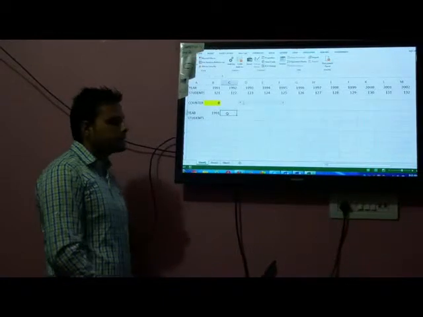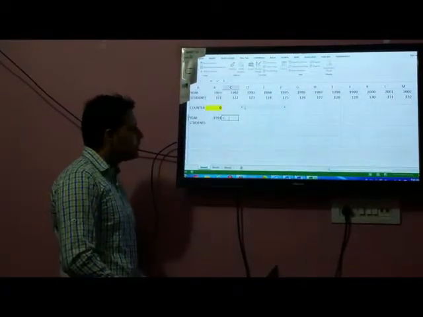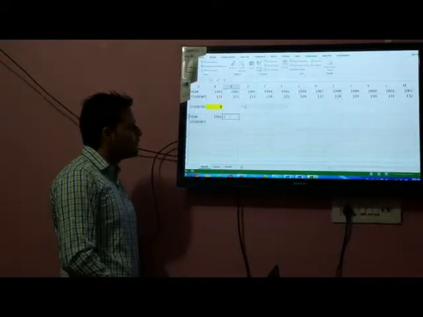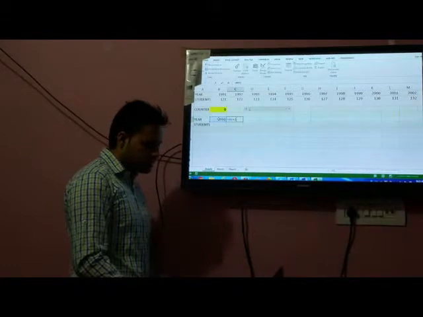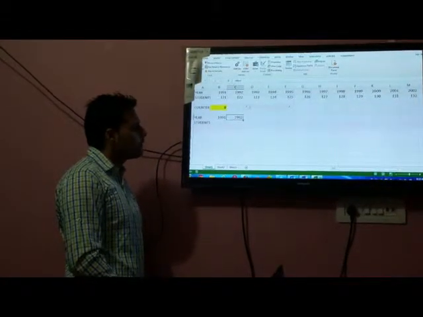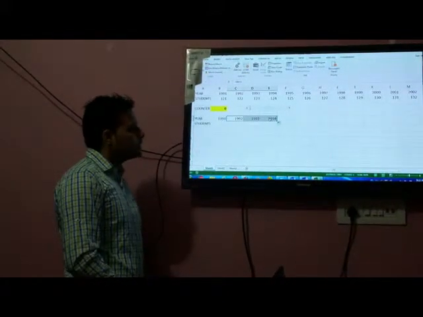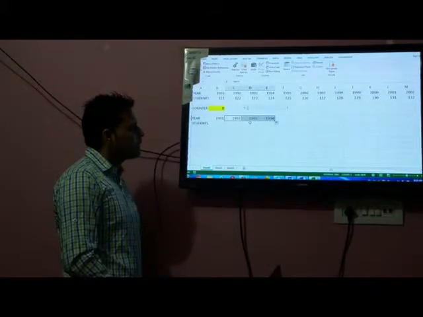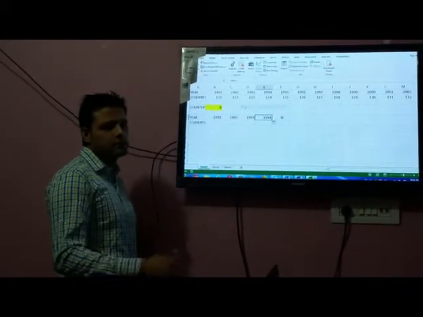I want to see the next record after this, so you have to link the previous year with the next year. So you have to select the previous cell and give the one increment. That means automatically next year will be added in the list. Now I want to display up to 1994 records, so that means 4 records I want to display at a time. It is up to you. You can increase up to 5 or 6 or 7.